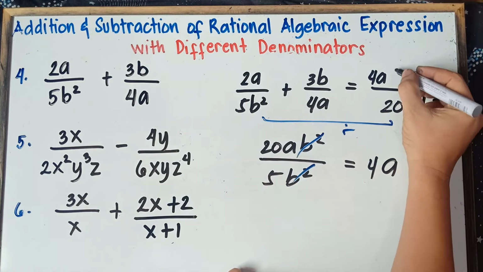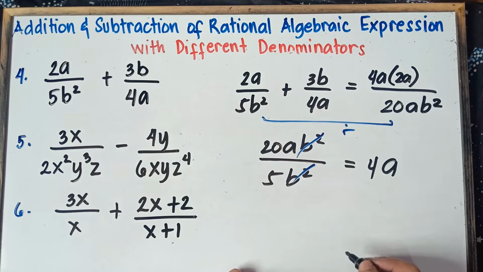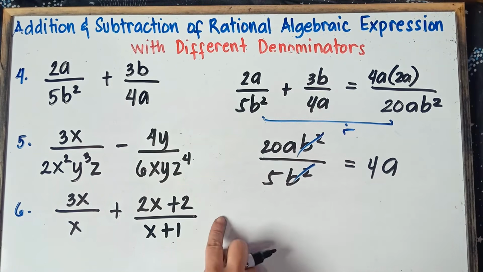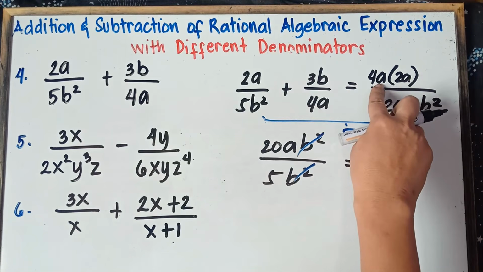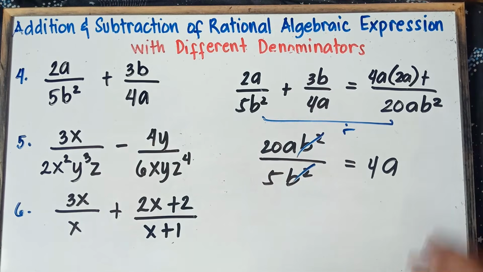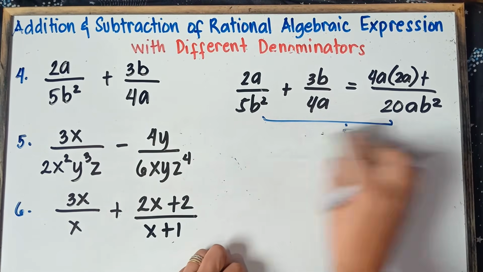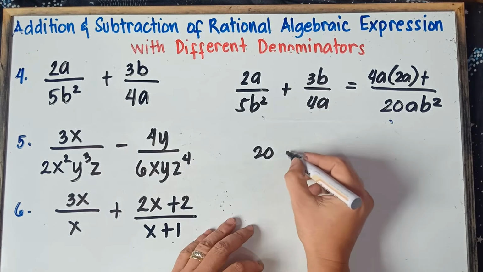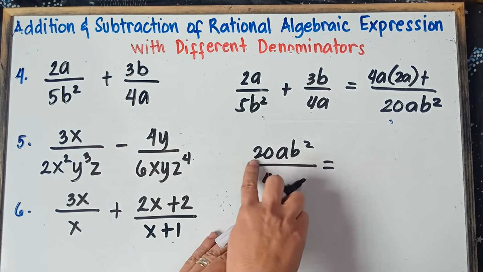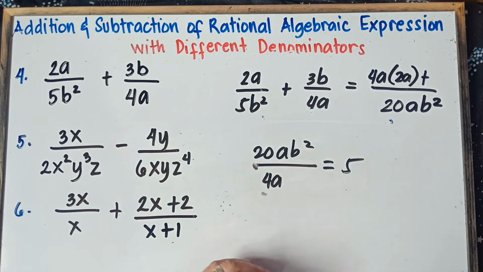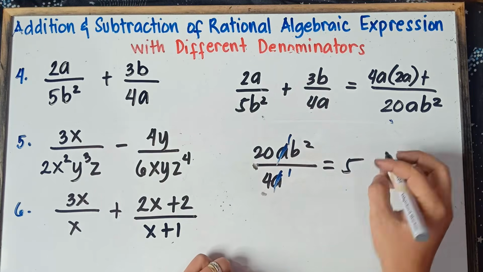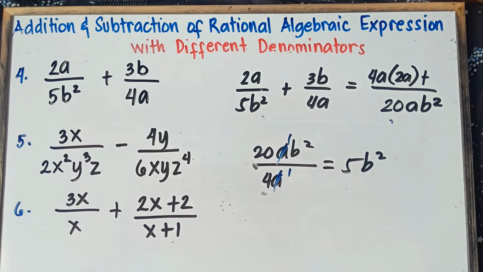And then multiply the numerator times 2a. Alright, so once again, 20ab squared divided by 5b squared, the answer is 4a. Copy 4a, and then multiply the numerator. So 4a times 2a. Copy plus sign. Alright, and then this one, 20ab squared divided by 4a. So 20 divided by 4, that's 5. And then same letter a, same exponent, there will be 1. Cancel this out, and then copy b squared. So this will be 5b squared times 3b.